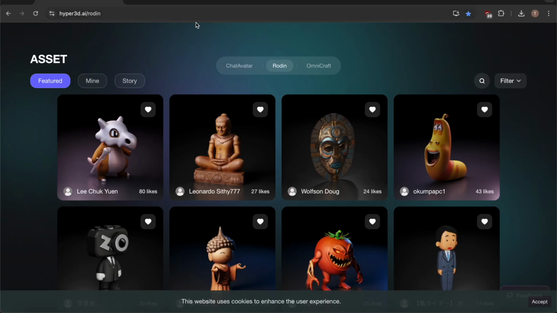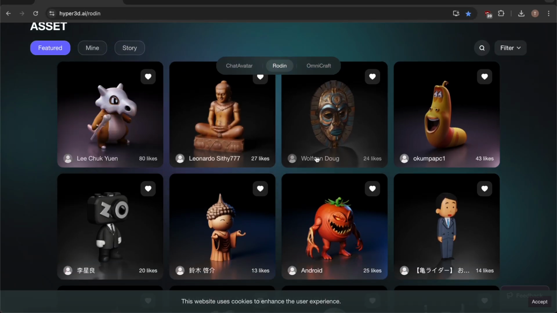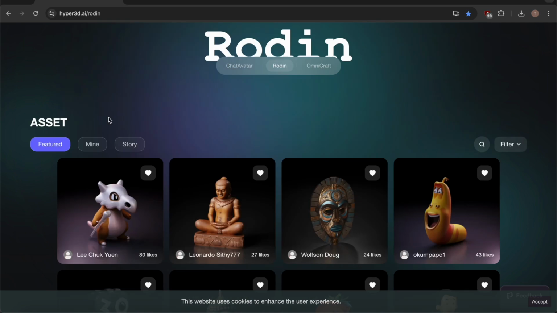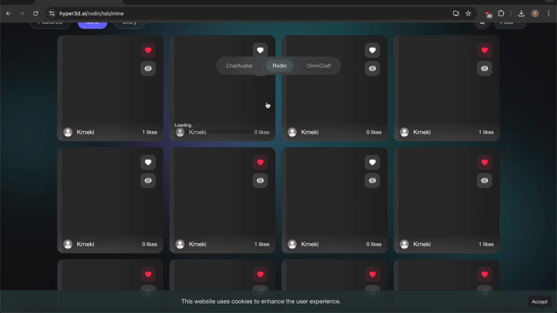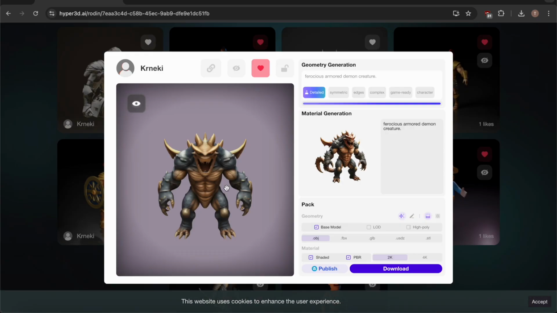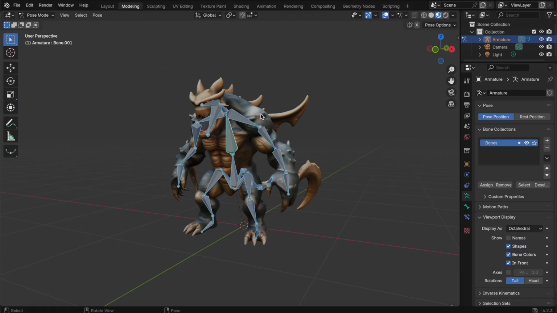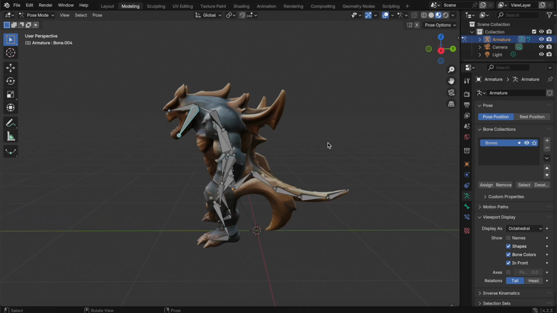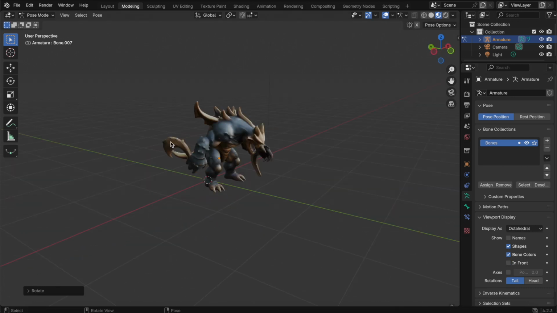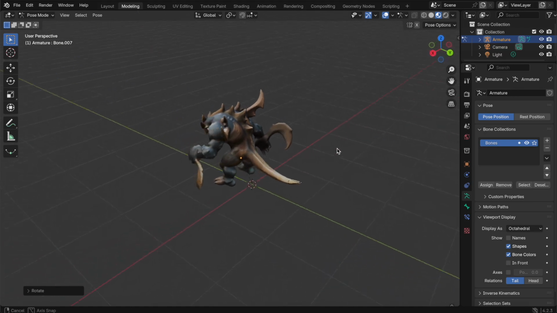If you scroll down, you can also see the different characters over here that have been generated by users. And if you click on mine over here, you can see all the generated objects that you generated in the past. So for example, yesterday I generated this object and also added bones, as you can see. If I go into the pose mode, I can actually make animations for it. So this is a tool that I'm gonna use in my future game development projects,